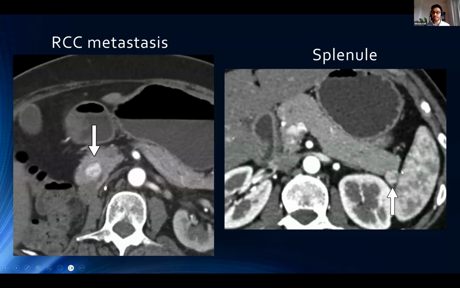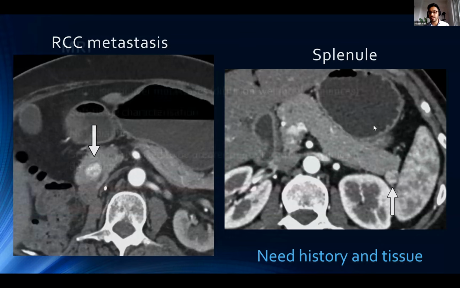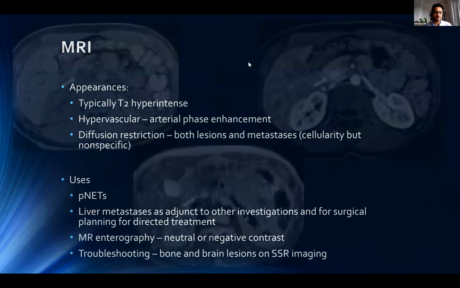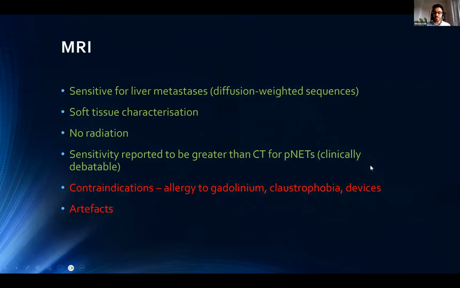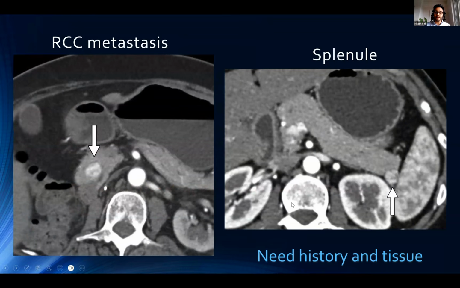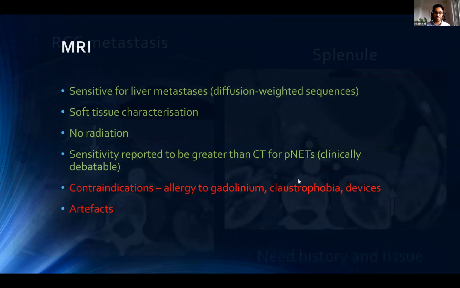And on the right-hand side, splenules are essentially little islands of spleen that are separate to the splenic parenchyma. They can be either adjacent to the pancreatic tail, or they can even be within the pancreatic tail. And that really poses a huge diagnostic dilemma on imaging. Again, EUS can be extremely helpful if accessible, but it depends on whether that's feasible. If it's dorsal to the pancreatic tail, it may not always be amenable to EUS sampling.